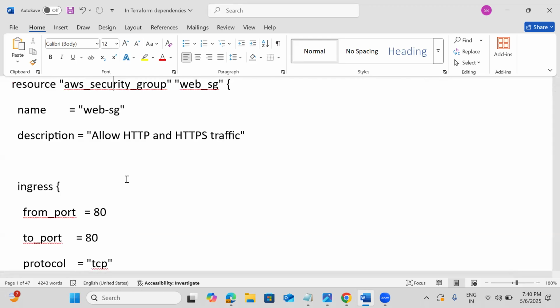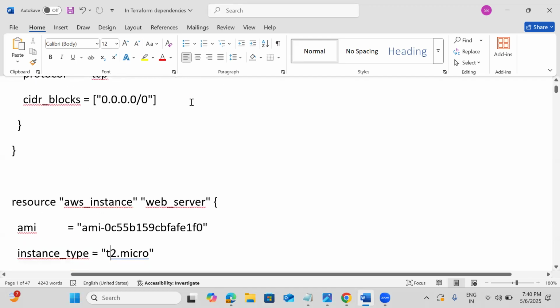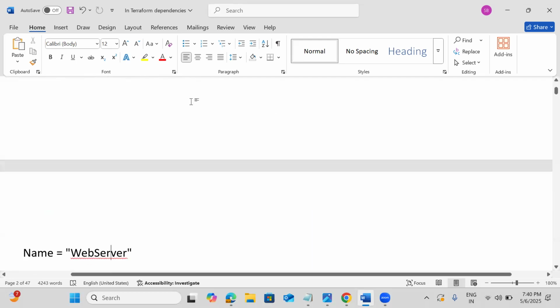Otherwise, I can specify explicitly. First, I can create a VPC, which also comes under implicit dependency itself. But in this use case, we have a security group, and the name of the security group we have given in Terraform is web_sg. And while creating an instance,